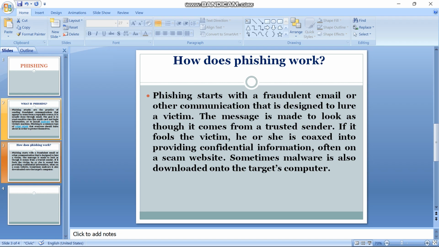It looks like it comes from a reputable source like google.com, facebook.com, or any other reputed site. But it is a clone of that particular site, and when you enter your credentials, bank details, login information, or credit card details into it, all the information goes to the attacker's machine.